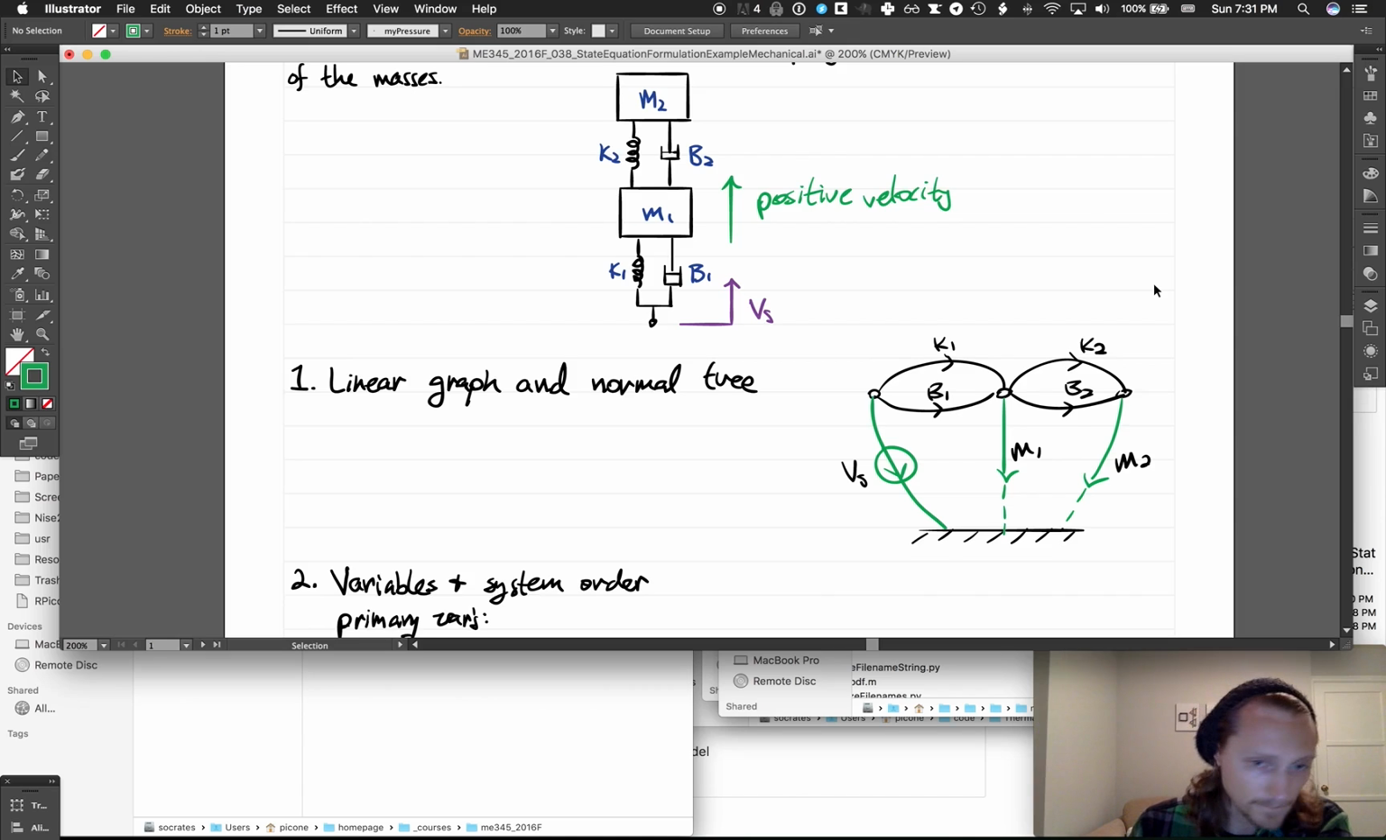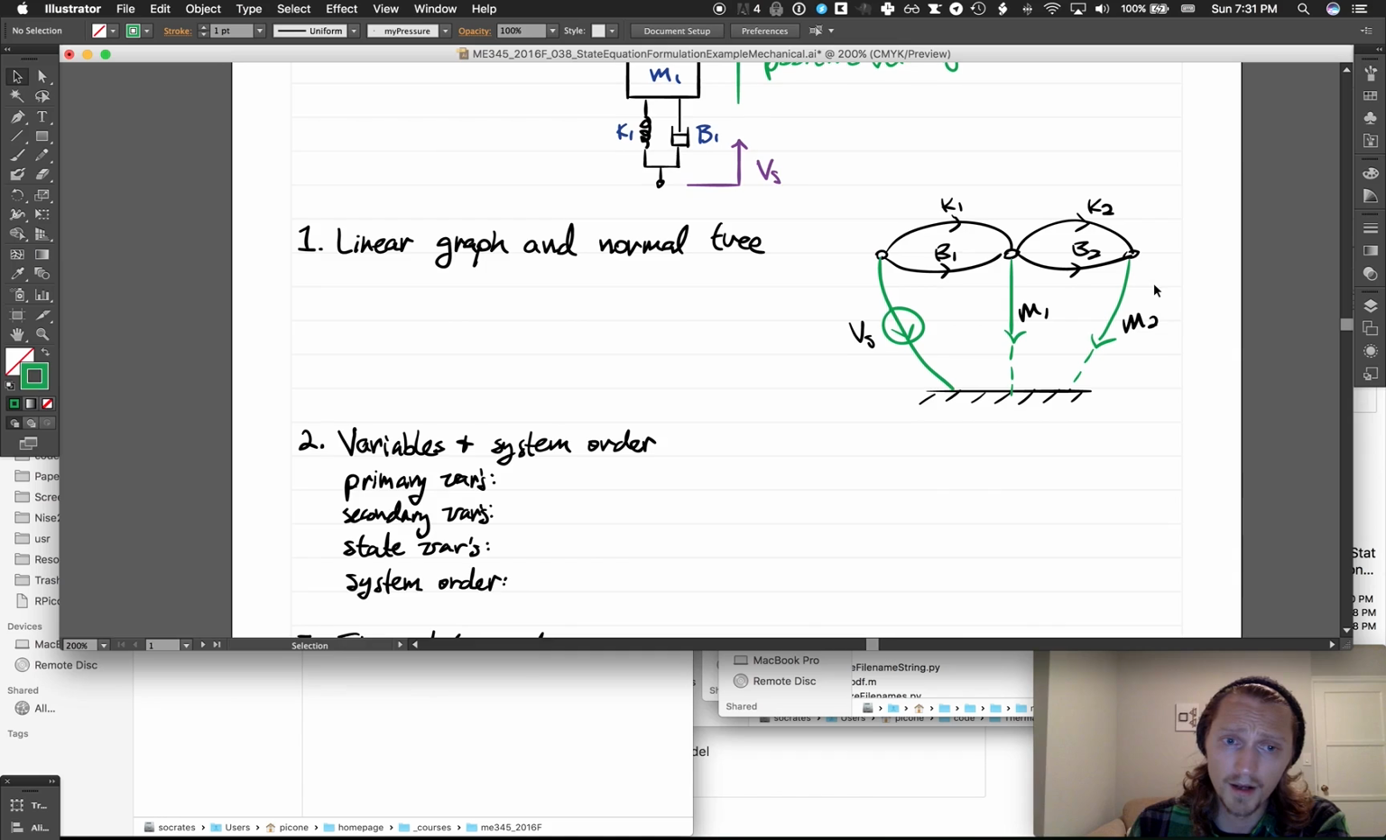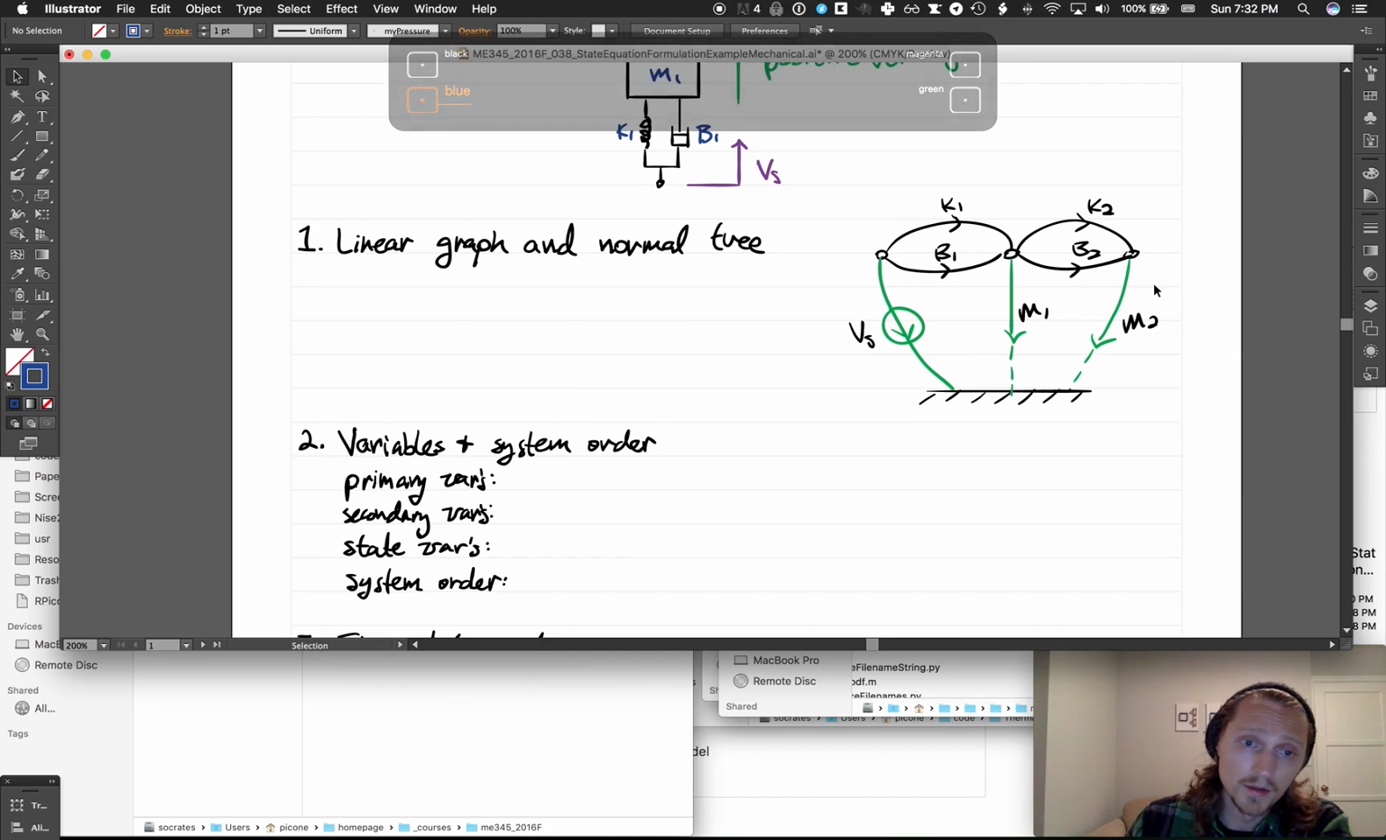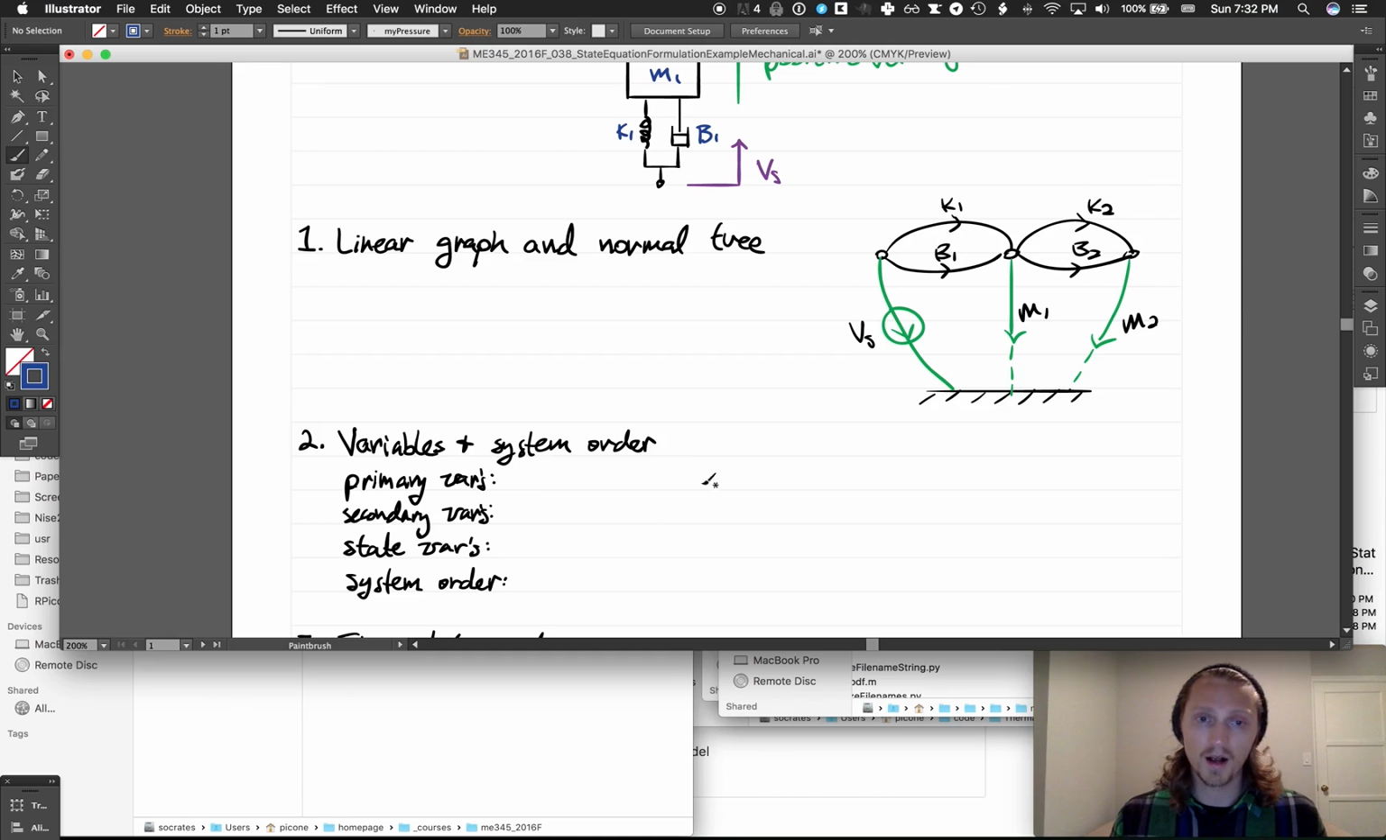Okay. So now we can define our primary variables to be across variables of the elements in the normal tree and through variables on links. So Vs is in the normal tree, Vm1, Vm2, Fk1, Fk2, Fb1,